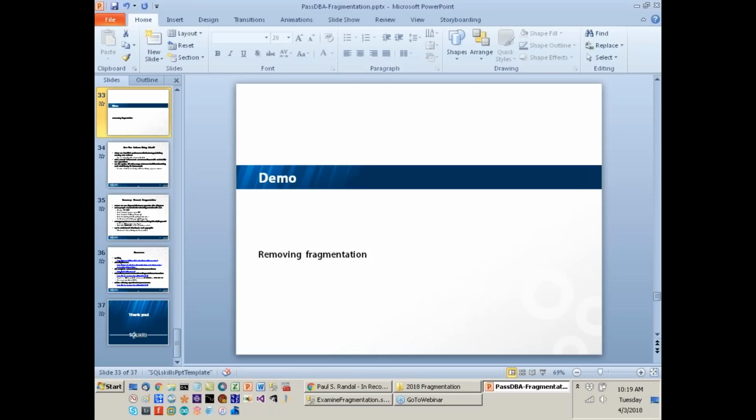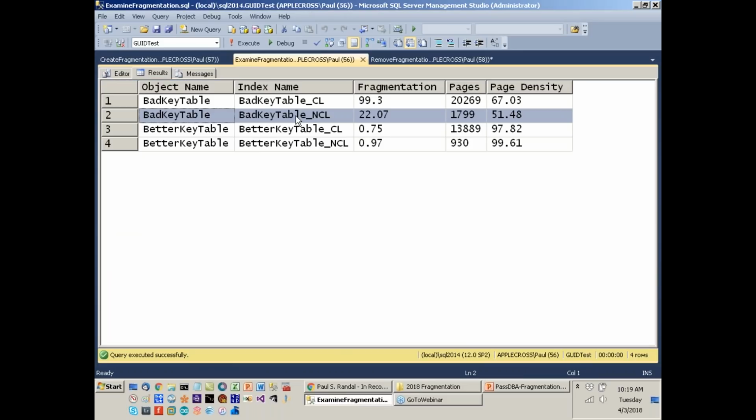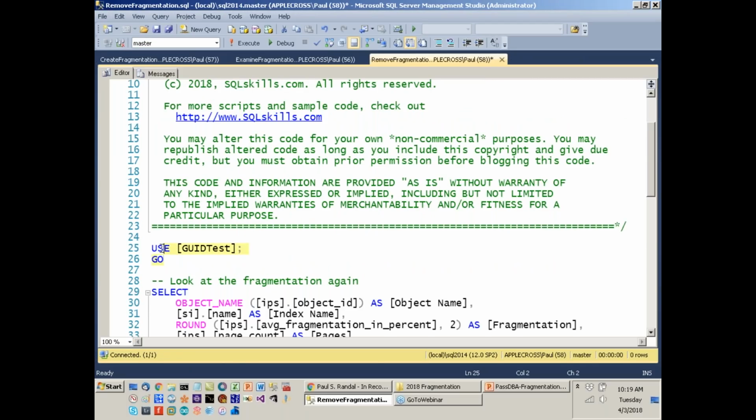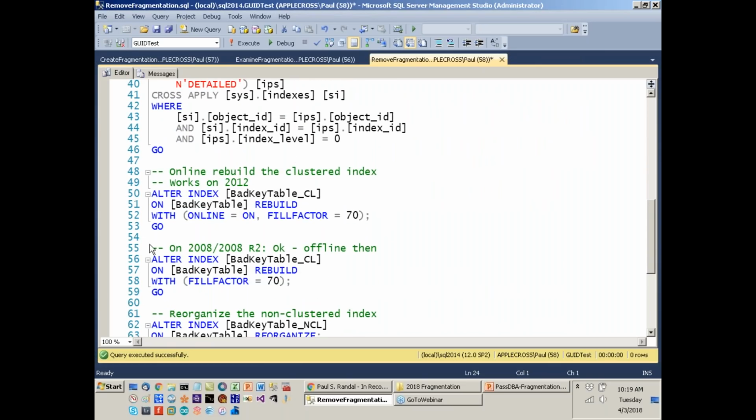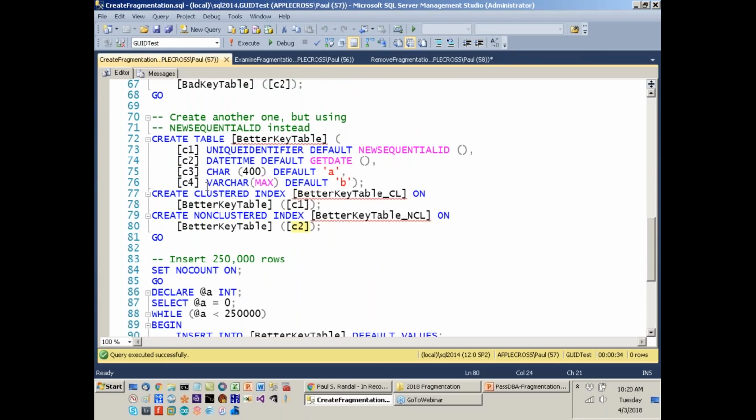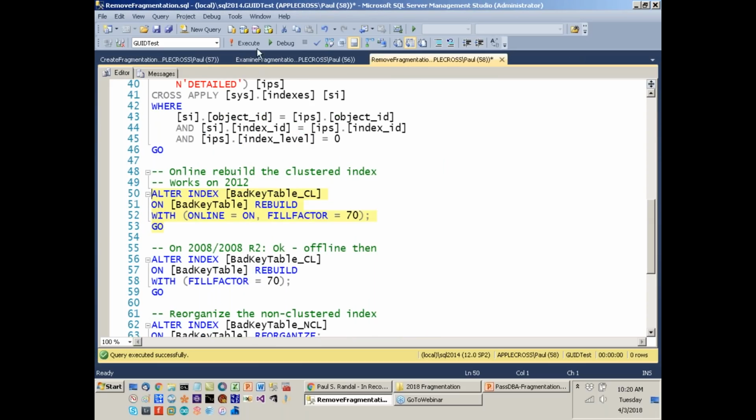So final demo, we're going to get rid of some of that fragmentation. I warn you, it's not a very exciting demo. So here's the fragmentation that we've got. Okay. So if we go into my GUID test database, what can we do? We can do an online index operation. We can online rebuild our clustered index. Now, this is not going to work before 2012 if you're trying it on your systems, because in my table, I snuck in there a 1 byte in-row varchar(max) column. That is a LOB column. On 2008 R2 and before, we'll get an error saying you can't do an online index operation. But I'm on 2014, so it works.